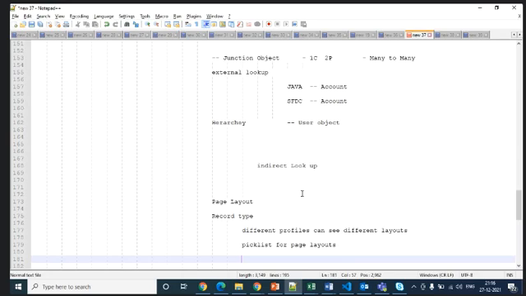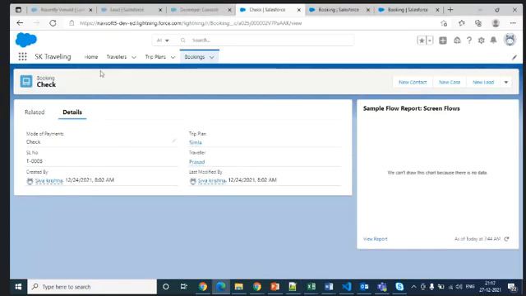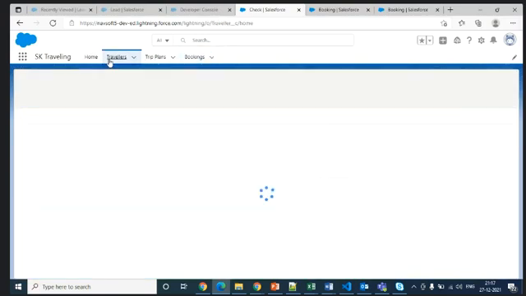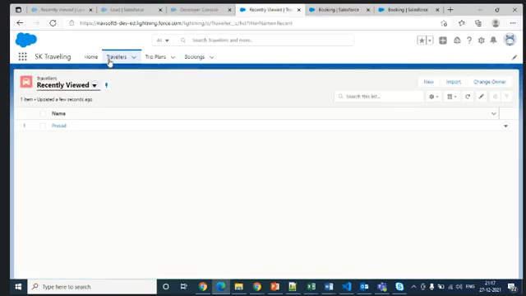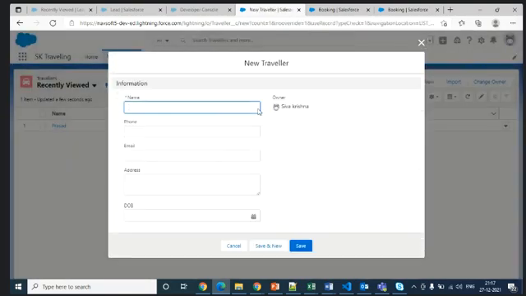Now how to create a record type? Let's go. In travelers, there are two types of travelers you can consider: reservation, like premium reservation, or normal. Reservation and normal you can consider. So if you click this button, it should come like reservation and general.